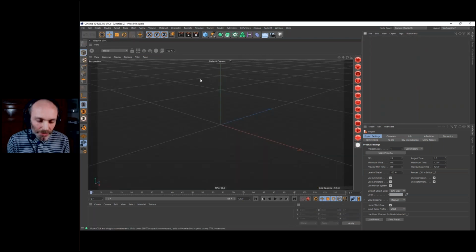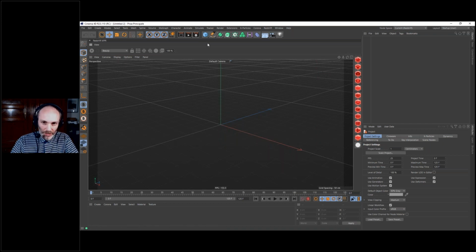The idea here is to make a title that reminds us of Harry Potter, with kind of magical shiny metal, with this great font you can find on DaFont. I could find the Harry Potter font on DaFont. And we're going to create it from scratch using the volume builder and a few tricks. This is a technique I already showed, but this time we're going to go a bit deeper about it.